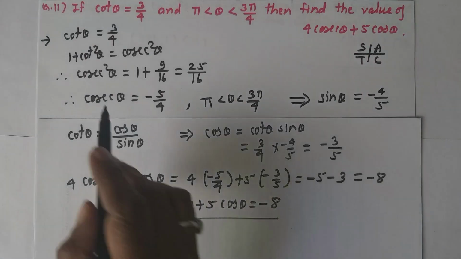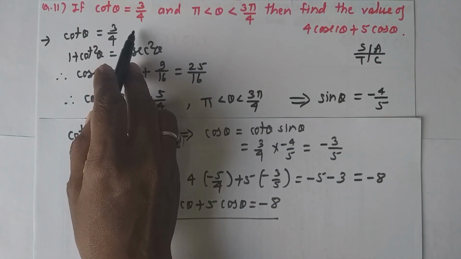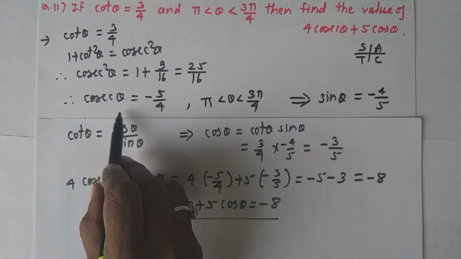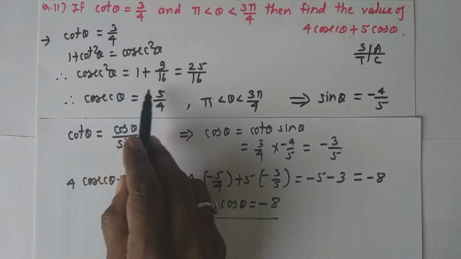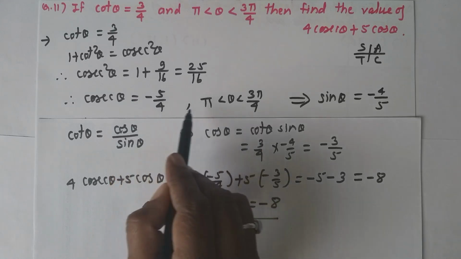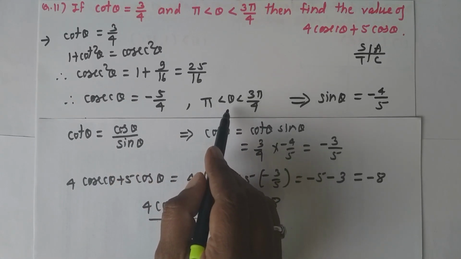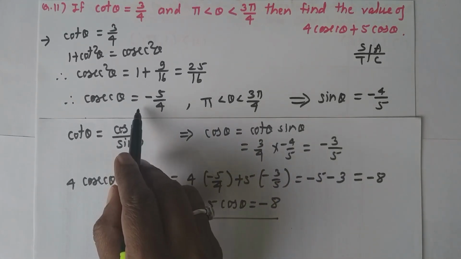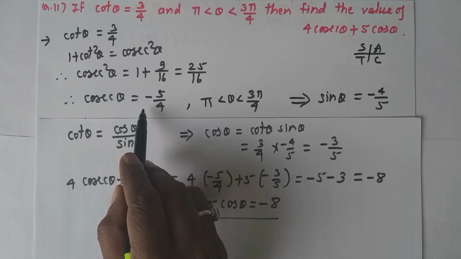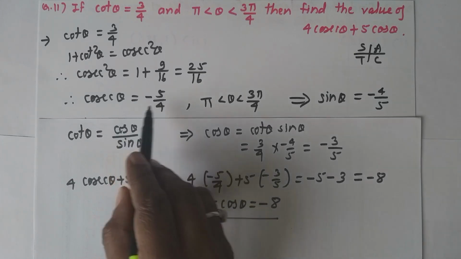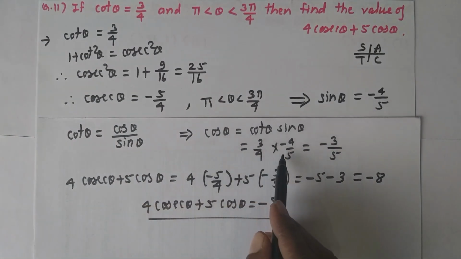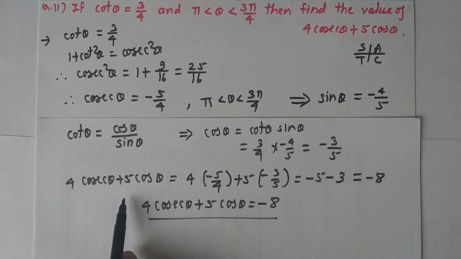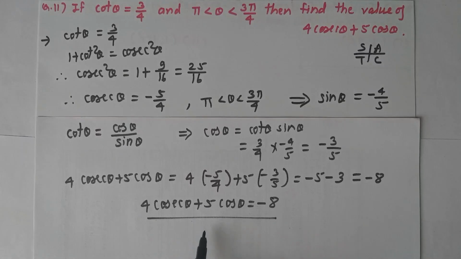From this equation, cot theta is equal to 3 by 4, you first find out cosec, then take its reciprocal, find out sine. Here we are getting two values, plus minus. You see in which quadrant theta lies. According to that you take the value of cosec theta, positive or negative. If you take the reciprocal of cosec, you will get sine. Okay. From these values you find out the value of cos theta, and keep the value of cosec theta and cos theta in this equation and simplify.